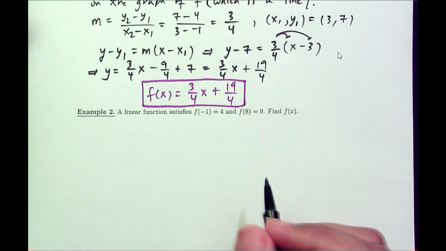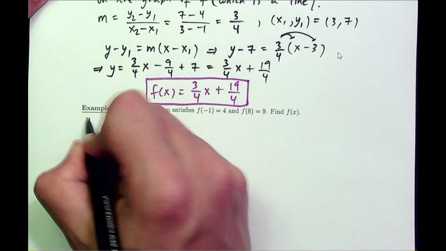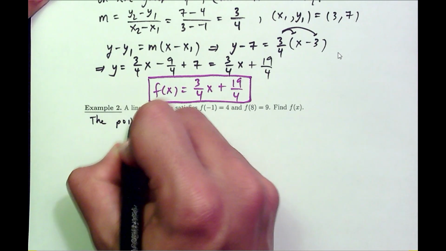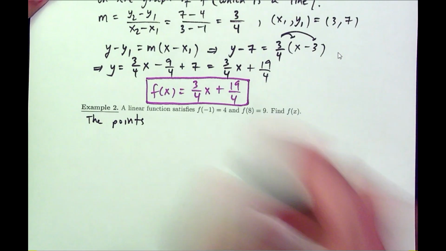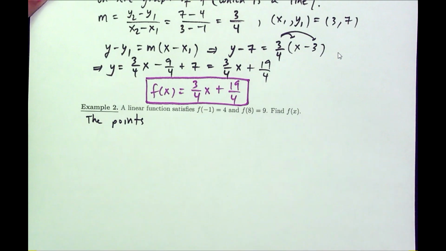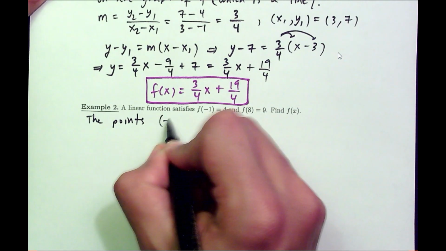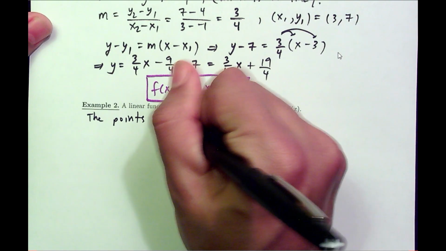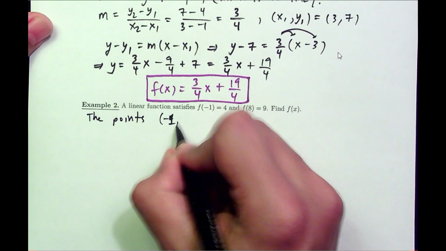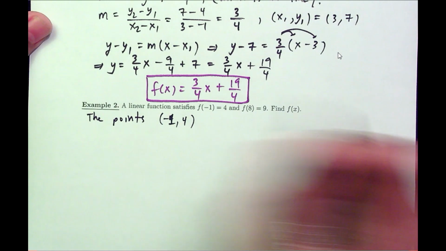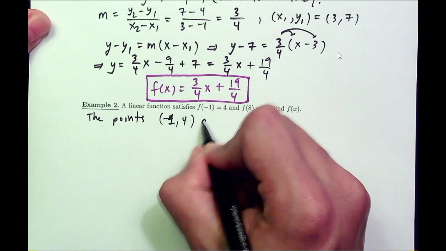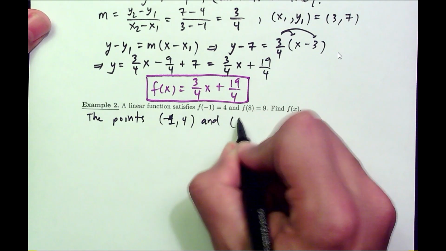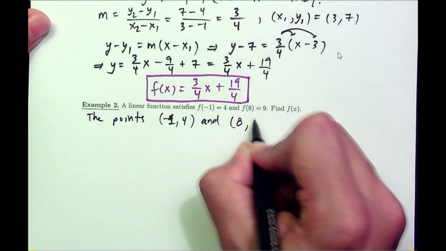Okay, translating this again, this means that the points -1, comma 4, and 8 for the x and 9 for the y